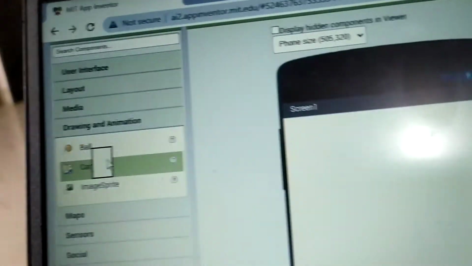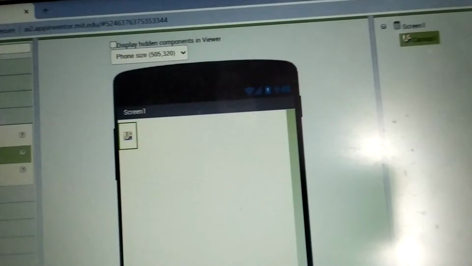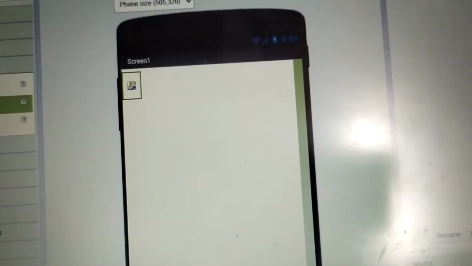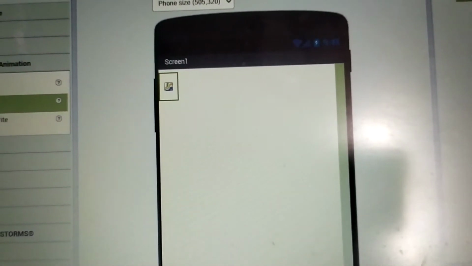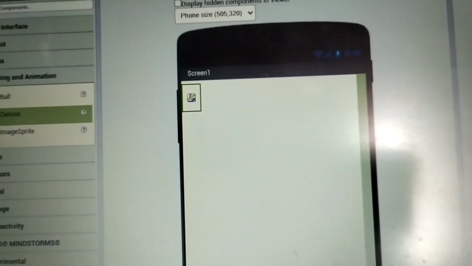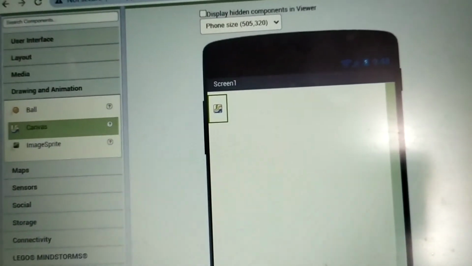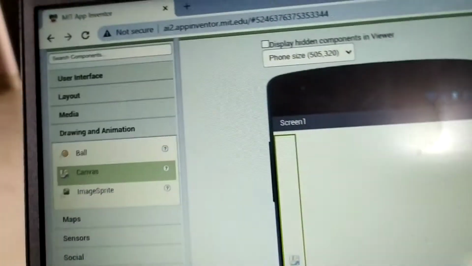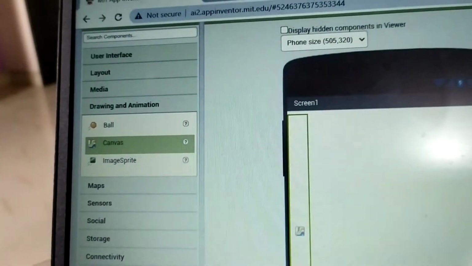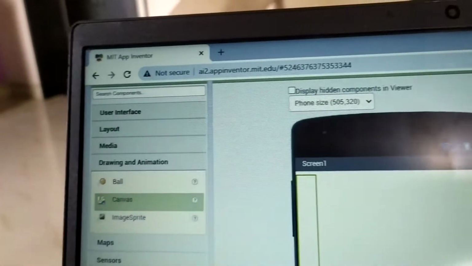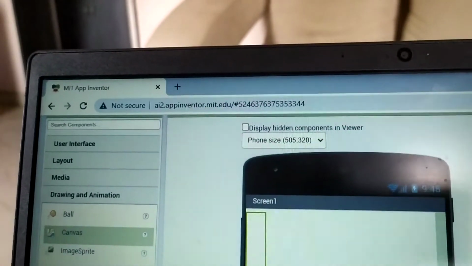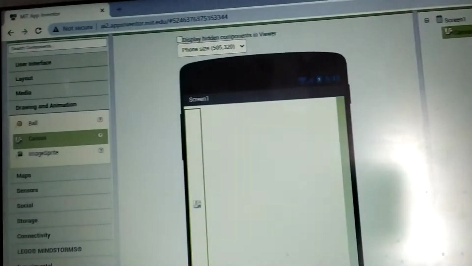It got opened. So we need to take canvas from the drawing and animation section. Click on the canvas section, drag and drop. So we need to change its properties. We'll make it center, its height we need to change in percentage, say 70%, because we don't want the whole screen to be covered.